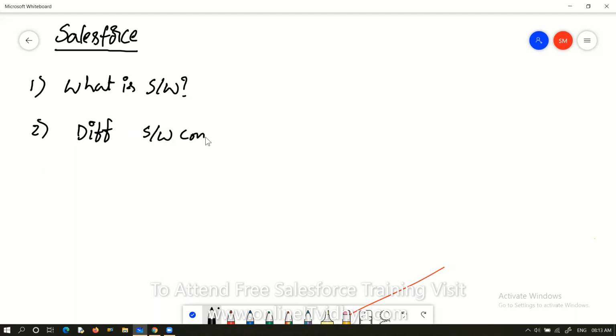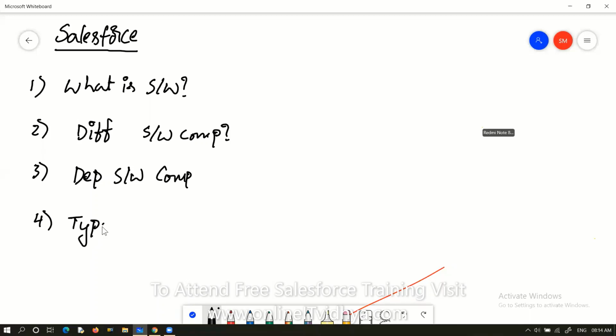So this is the second question, different types of software companies. The third one is different departments in a software company. And the fourth one is types of software. Yes, it's mandatory to know all these four questions before starting to learn Salesforce.